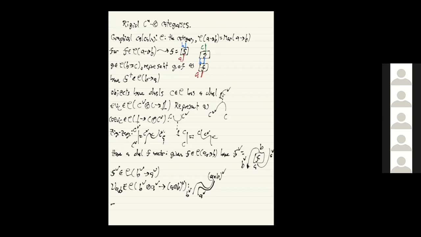So in fact, each object C has a balanced dual, which we'll call C bar, and such that